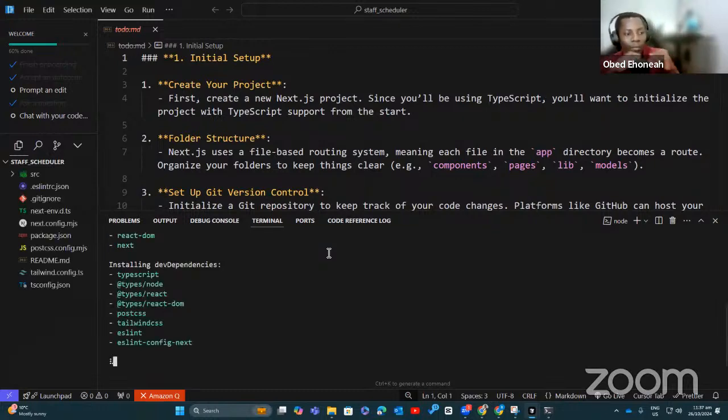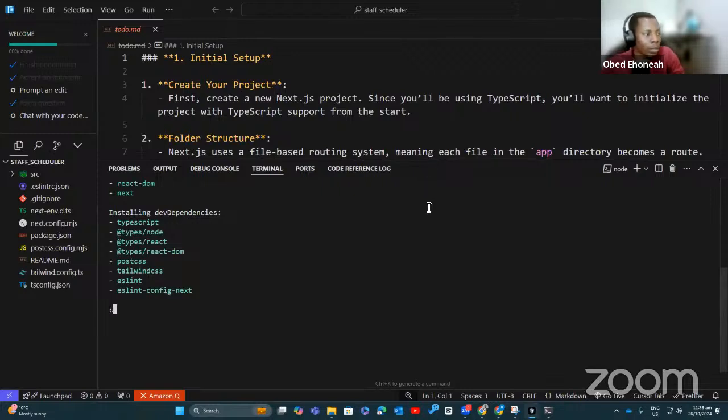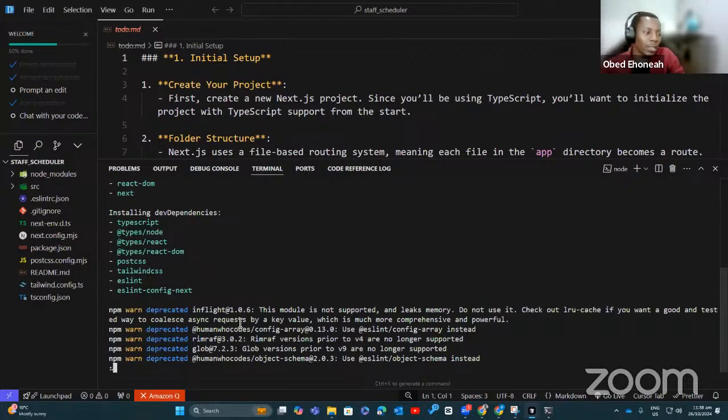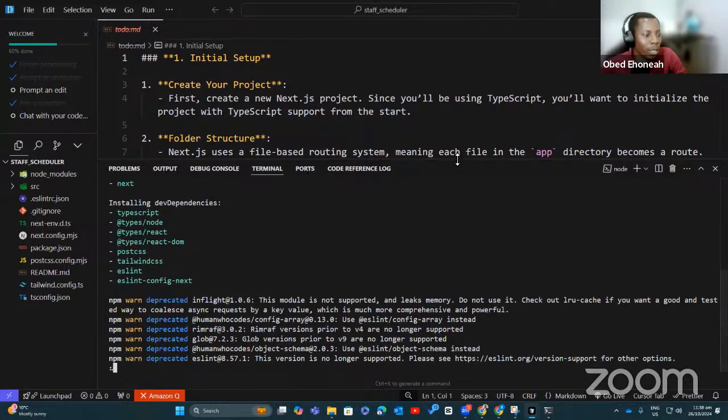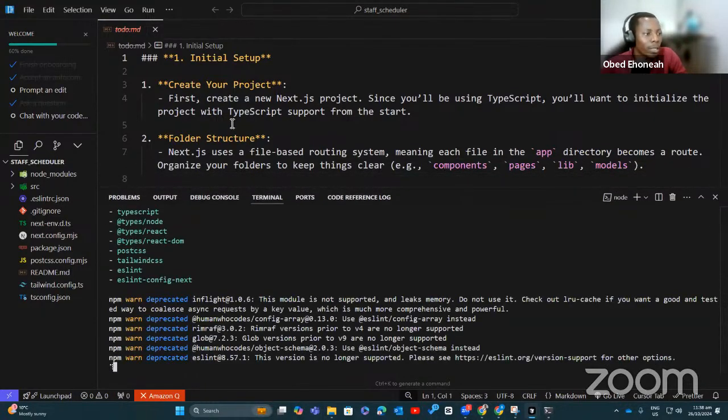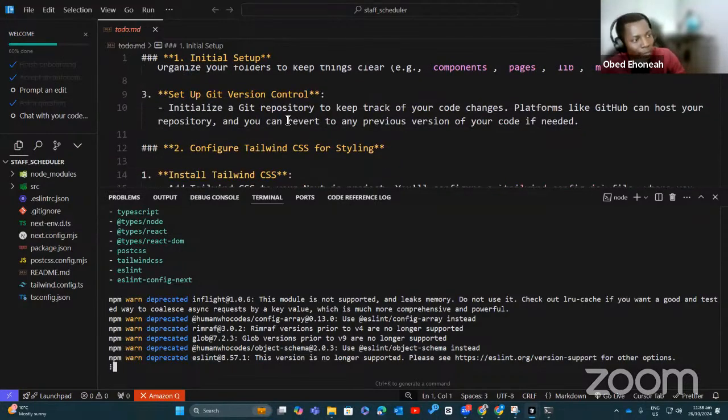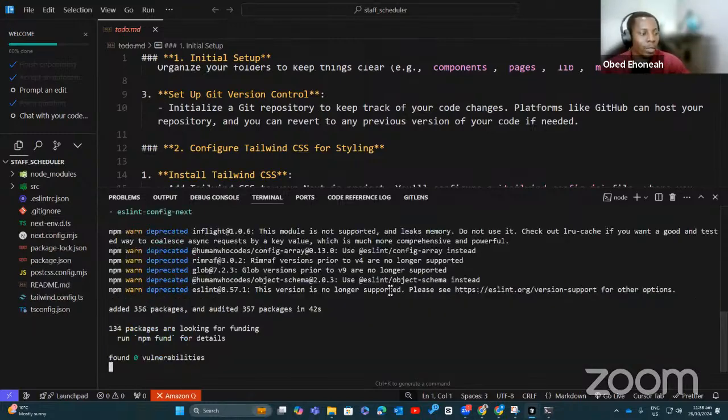Okay, so basically we have configured a new Next.js application. It is that simple, right? Those of you who haven't learned it before, if you're curious about it, that's how we approach it. Let's wait for it to finish installing and we run it, and you see that we have a live Next.js application running right now. So that was our initial part. It says create a folder structure, that has been done. Even Git has been set up, except that we don't have a remote repository connected to this. So eventually we are going to have to commit our changes, then create a remote repository and push to it.